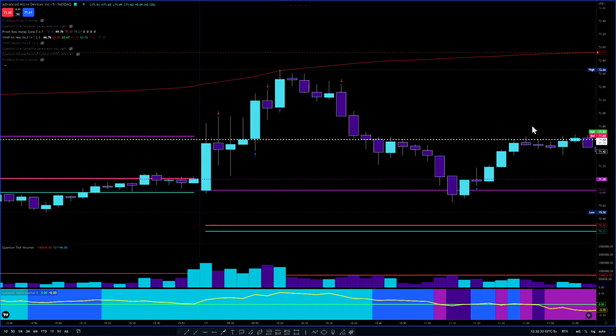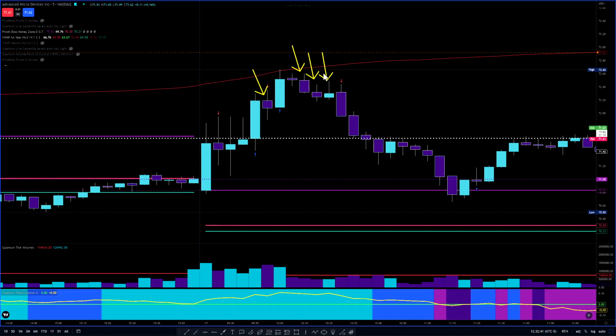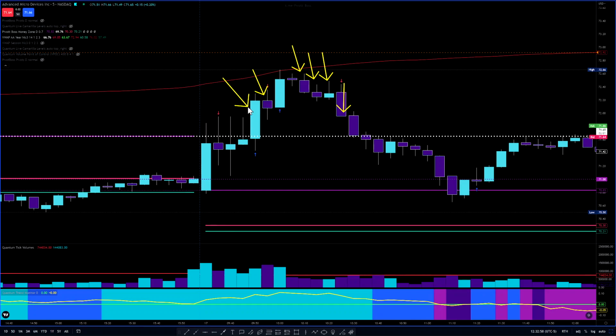Let me just use the arrow. Right, so this pattern right here, this is a much better entry pattern, right? Because you can see the lower highs being developed. The wick rejections are more prominent here, and then we got the sell-off on this candle. But with this one candle right here after this bullish candle, I should have waited a little more for this to develop, you know.